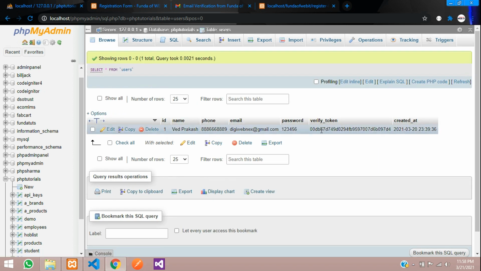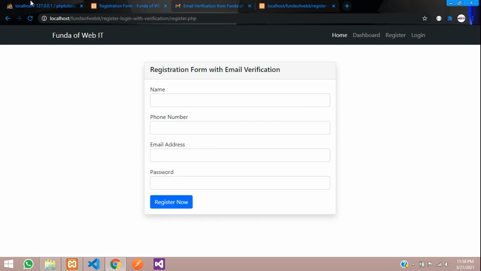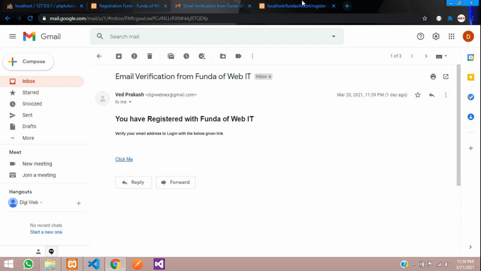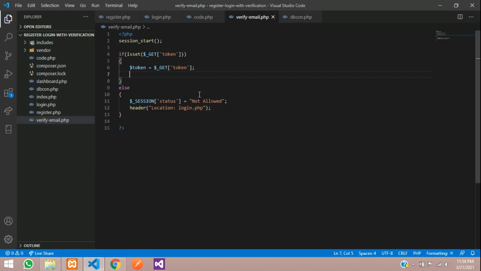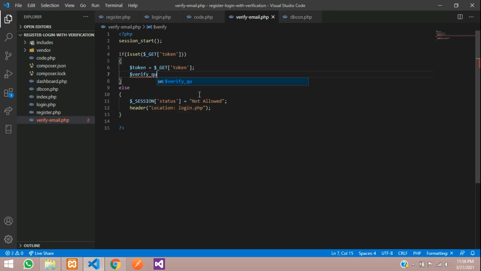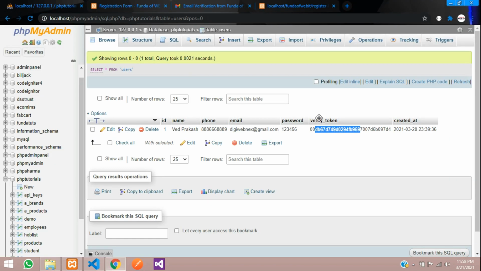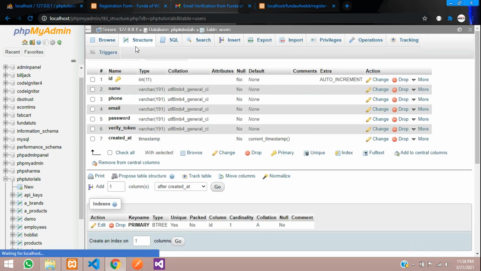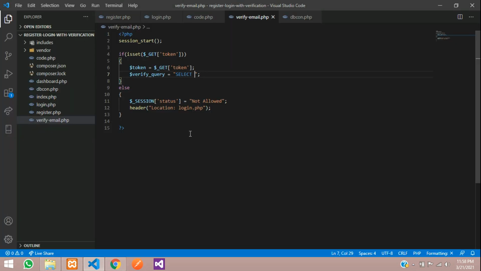Let me just show you. So this is the token which we have inserted while registering on the page. Now let's check that token of this URL which we got from the mail address. Let's get back. So first let's write verify query equal to your query, select which column you are going to select. We are not going to select everything, we need only verify token. So let's copy this verify token column